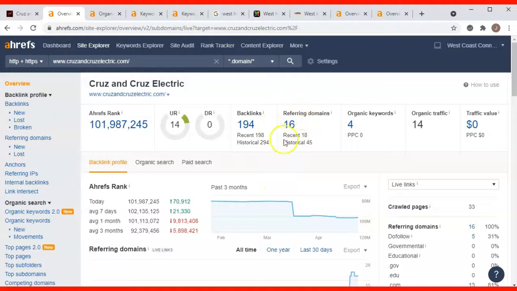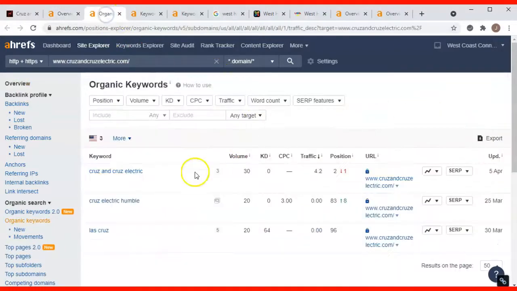Okay, you have 16 websites out there on the web that are sending you 194 links, or linking back to you 194 times. Okay, you're ranking in the top 104 keywords. You're getting 14 hits a month, but Google's estimating that traffic value as 0. Or saying this is how much money I'd have to spend in Google Ads to get the same amount of traffic. Okay, and looking at what you're ranking for,